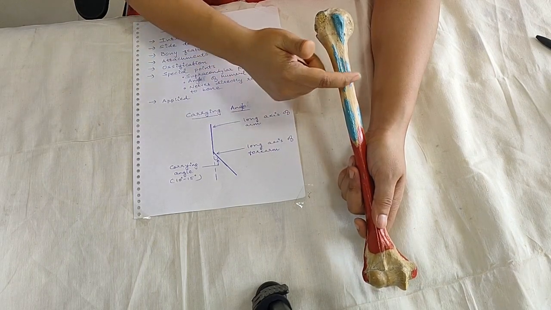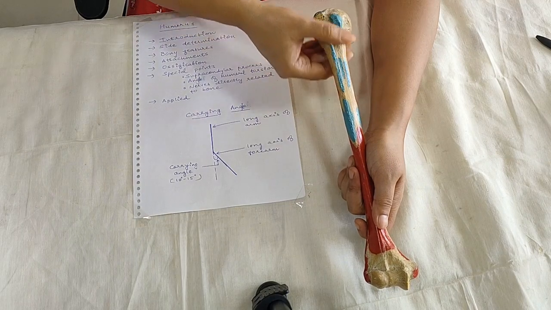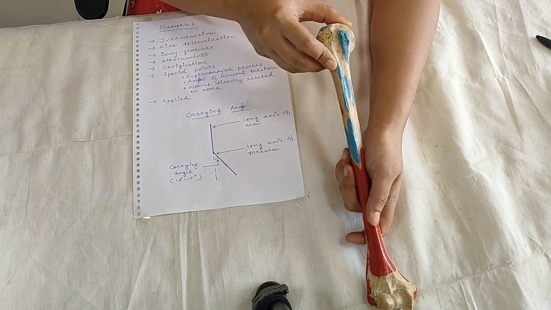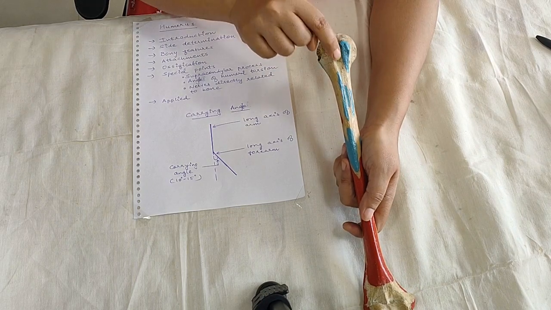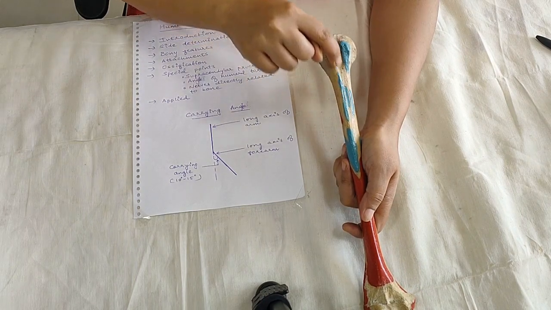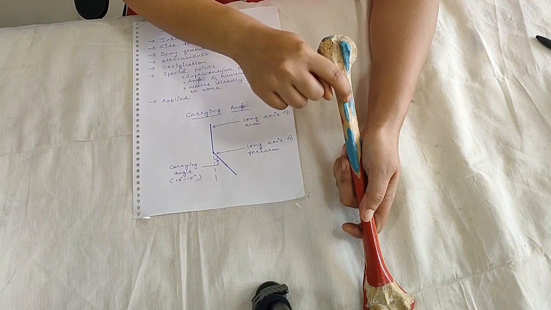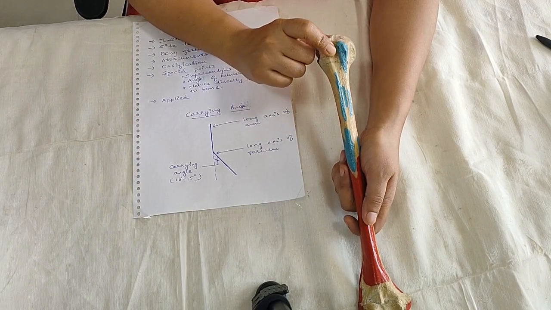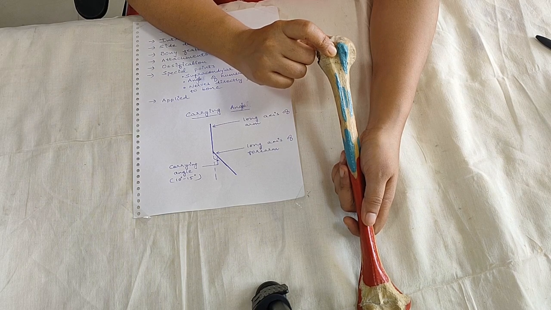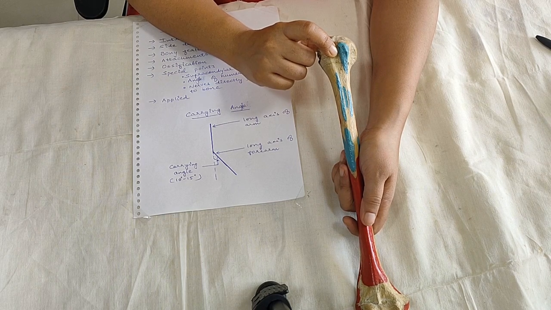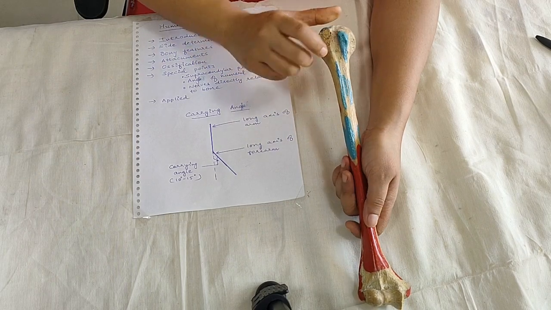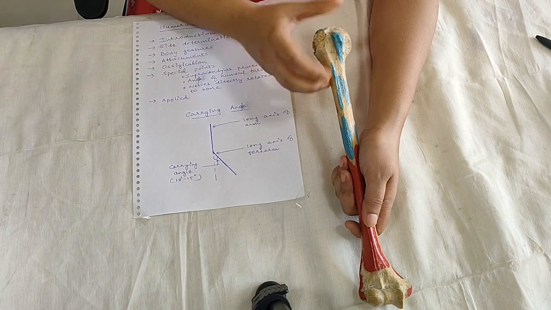Okay, so these are the attachments on the intertubercular sulcus. The tendinous long head of biceps brachii passes through this bicipital groove along with its synovial sheath and one artery, that is the ascending branch of the anterior circumflex humeral artery. It also passes through this sulcus. This is all about attachments of the upper end.